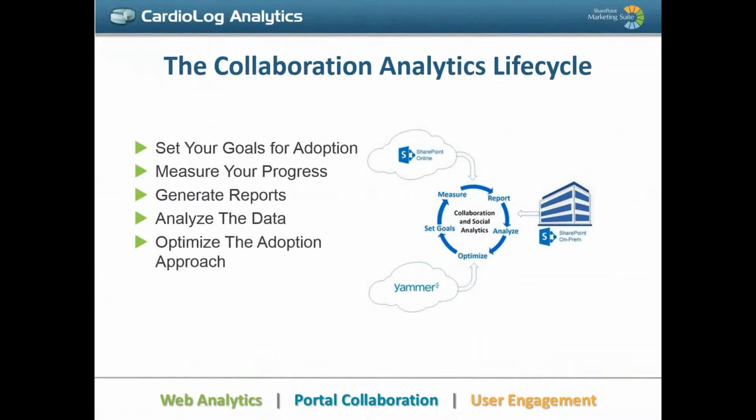So then the next step is basically analyzing that data. So looking at the trends over time to see, when you deployed a site or a group within Yammer, and watching it over time to see its adoption and its utilization. You can then, based on the reports that you generate, look at how you can optimize your adoption approach. So do we need to have further champions and find more champions in the organization?